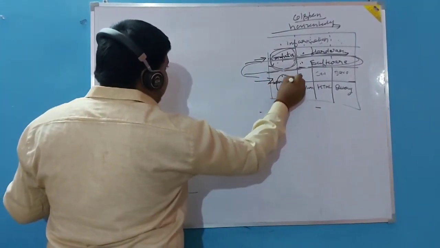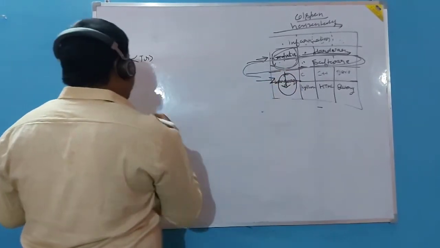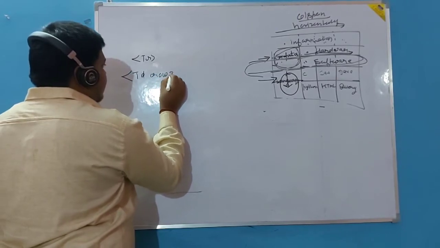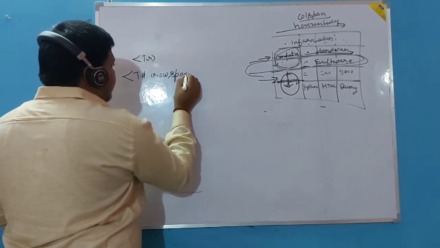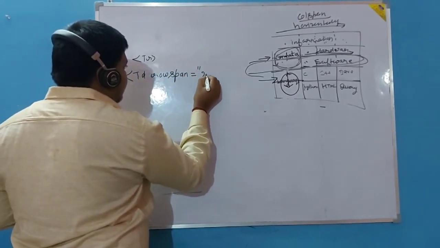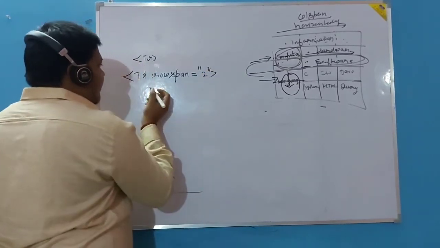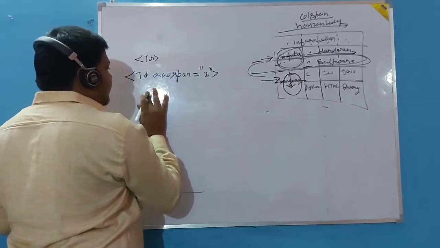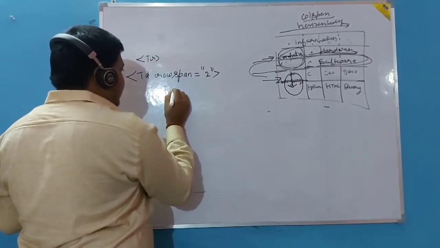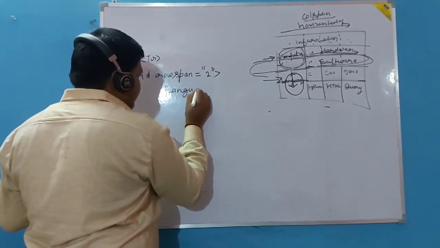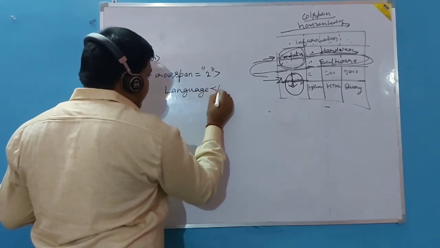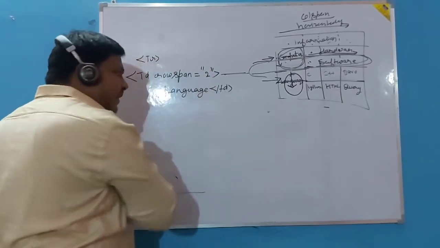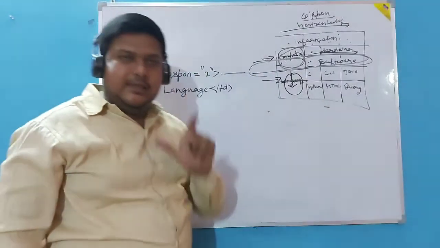So this cell is a combination of two cells in the vertical direction. So I will use here TD rowspan equal to 2, and we have to represent the information: language. So I will write here language and I will close the TD. I do not have proper space here, that's why I have written it downside. You may continue in the same line.